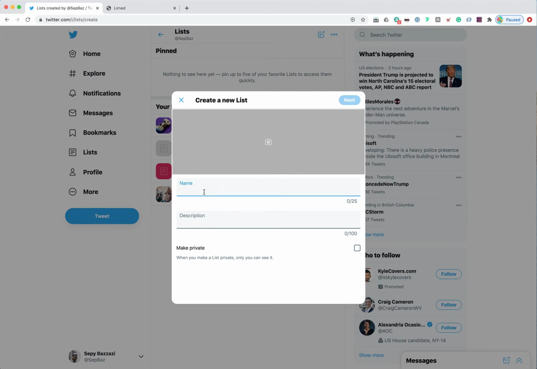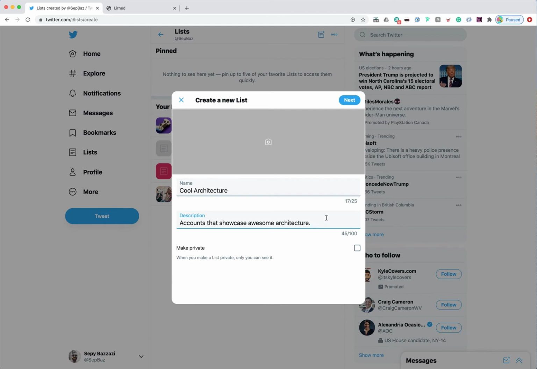So I'm going to type in a name. I'm going to call it cool architecture. And I'm going to not spell it correctly, and then I'm going to fix it, and that's fine. Accounts that showcase awesome architecture. Wow, this is a tough word to spell, and I'm a good speller.